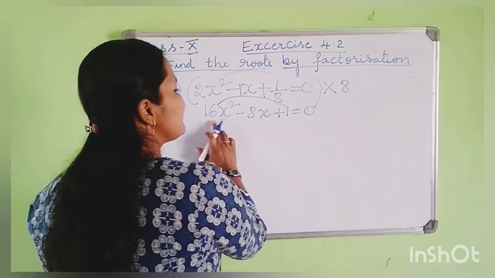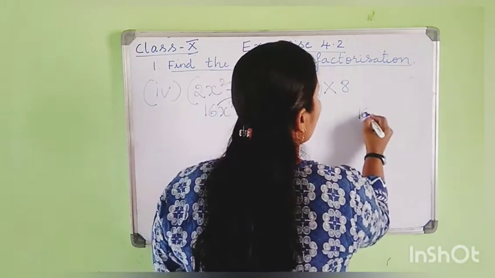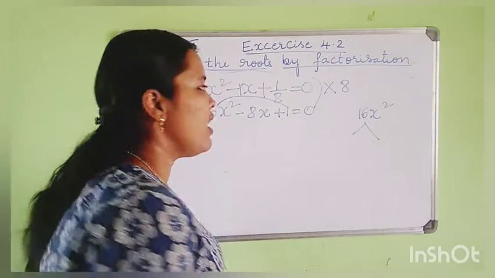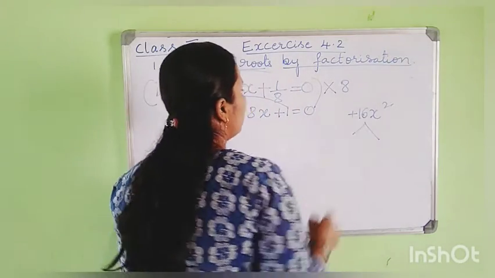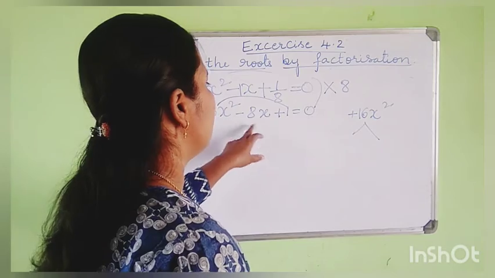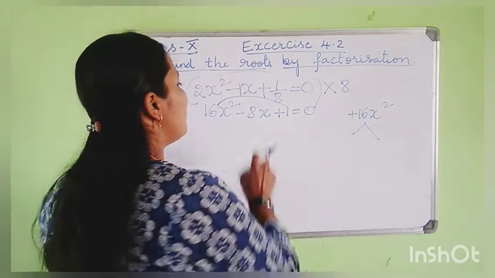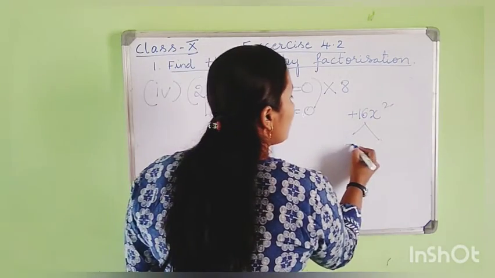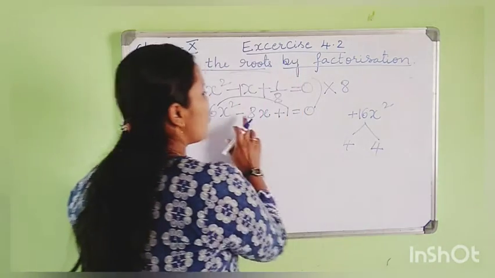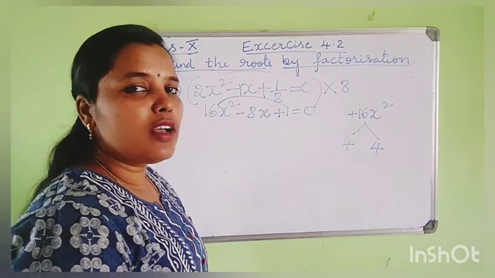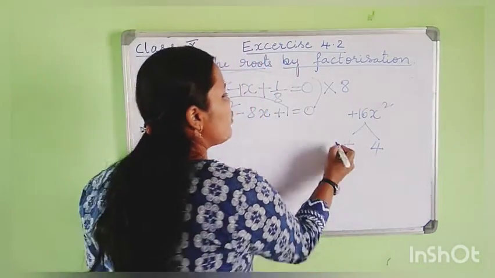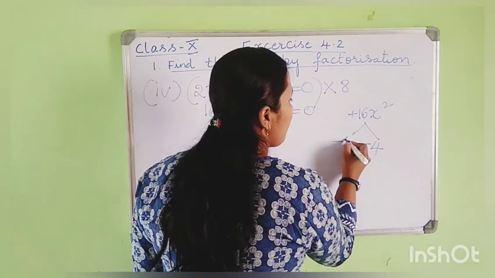Okay, multiply 16x square into 1, you will get 16x square only. This is very easy for you. You can only say, because we have a plus sign here, we have a minus 8, right? But this is also very tricky. Here you have to take 4 4s are 16, right? But I want minus 8. What should we do? Multiplication of two like signs is plus. So therefore I can take this minus 4 and minus 4.